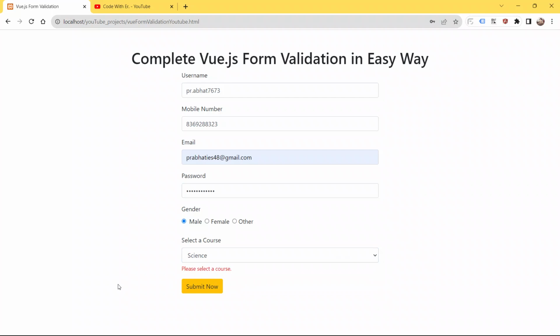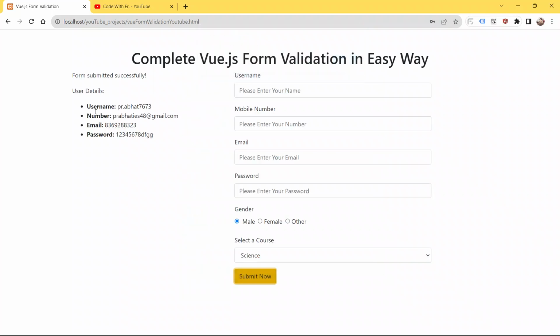So guys now I hope we have rectified all the errors in the input fields in the form. So now I'm gonna hit the button submit now. See guys, as you can see here we have got the alert also, form submitted successfully. Now our form got submitted successfully because we have rectified all the errors, we have filled all the input fields correctly. So guys now I am gonna hit the button OK, and let's see what happens then.